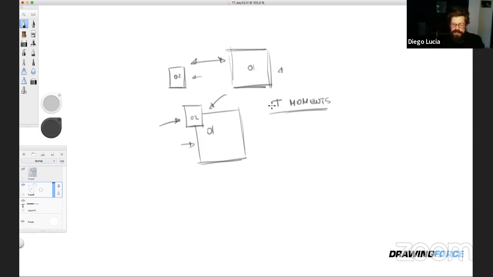There's this thing, and it's called T moments because it creates a T. The one thing to remember about how this works is pretty easy. Imagine every line going that way. Every line stopping another line is going to be in front. This line is stopping this line from going further away, so that creates that this is in front of this. That's pretty simple. So that's our T moment.